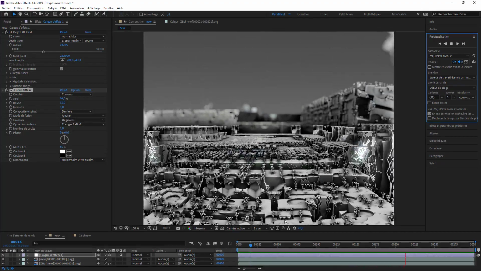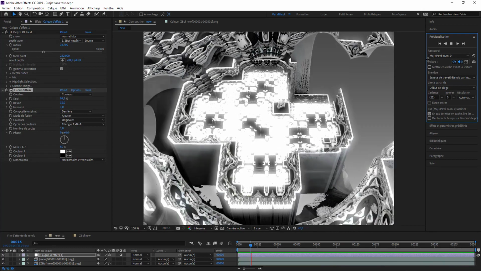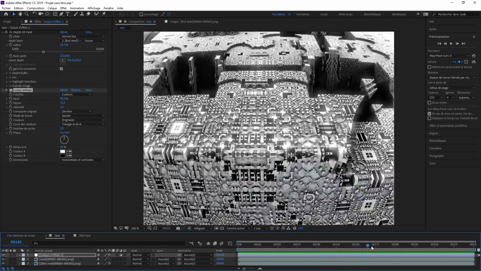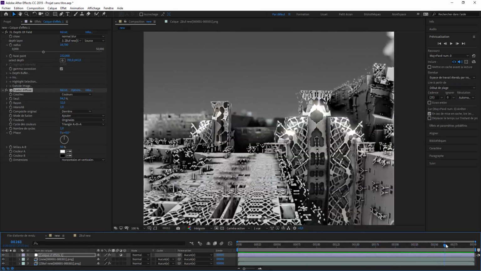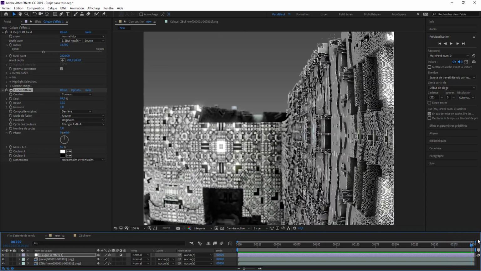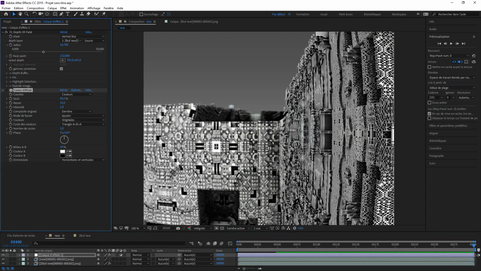There is only here, you see, we go through the wall. I will show you. Here it's okay, but here you see we go through this wall. It's not good. We have to go this way, and it's better, but it's okay, I will keep it like that. Glow, it's maybe too much for this one. I prefer without glow, and then render it. So that's all for the tutorial.